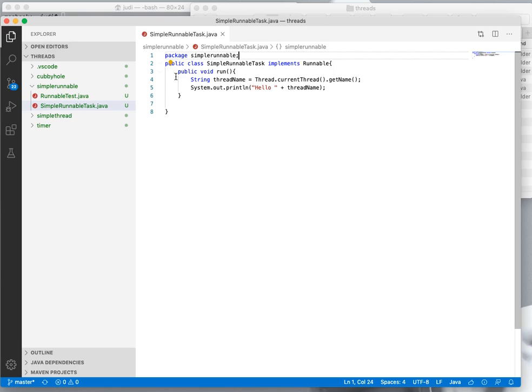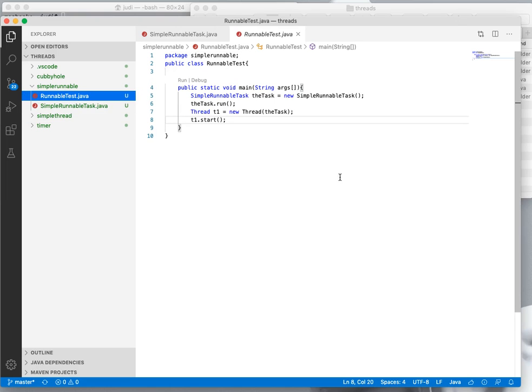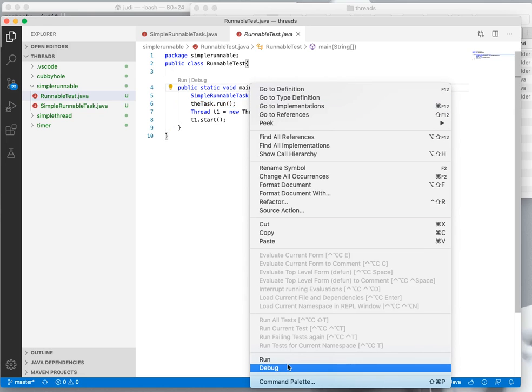This runnable task does nothing except get the name of the current thread and then print out hello and the thread name. So for the runnable test, there's a runnable task. We make a new runnable task. I'm going to run the task in the current thread, and then I'm going to make a new thread and send it the task. Okay, so I'm running that task twice in this example. So if I run that,